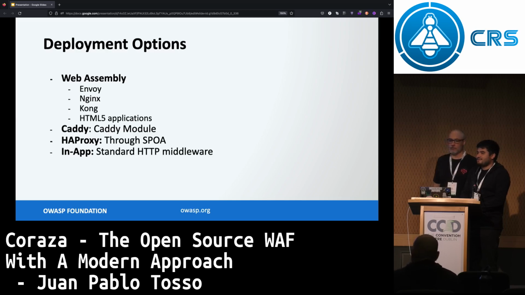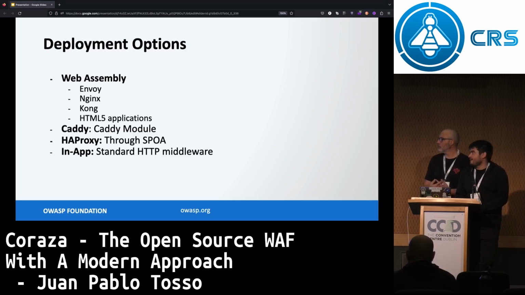It's super interesting because it's a binary. As we told you, it's a binary that's universal. So basically, you take it from Go and you can ship it anywhere. And there are some connectors that are being developed for Envoy. It's native right now. But there are experimental implementations for Nginx and Kong that you can use to invoke what's